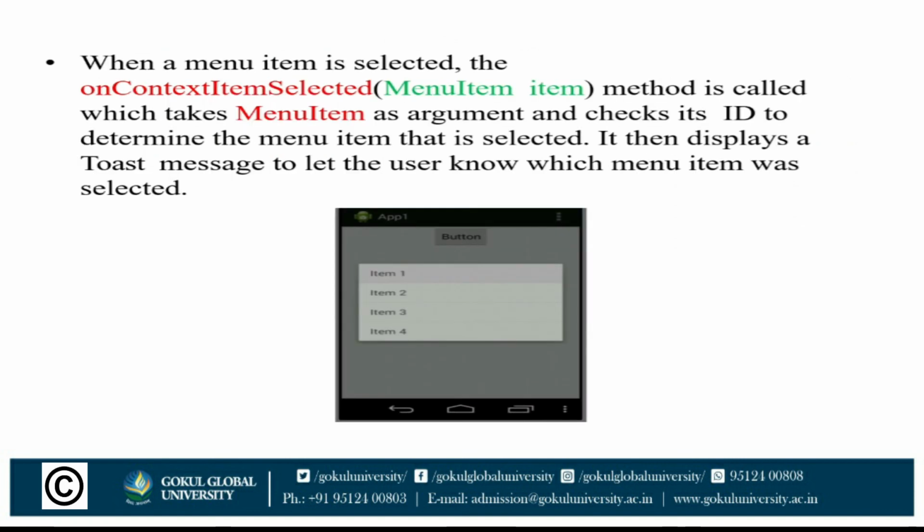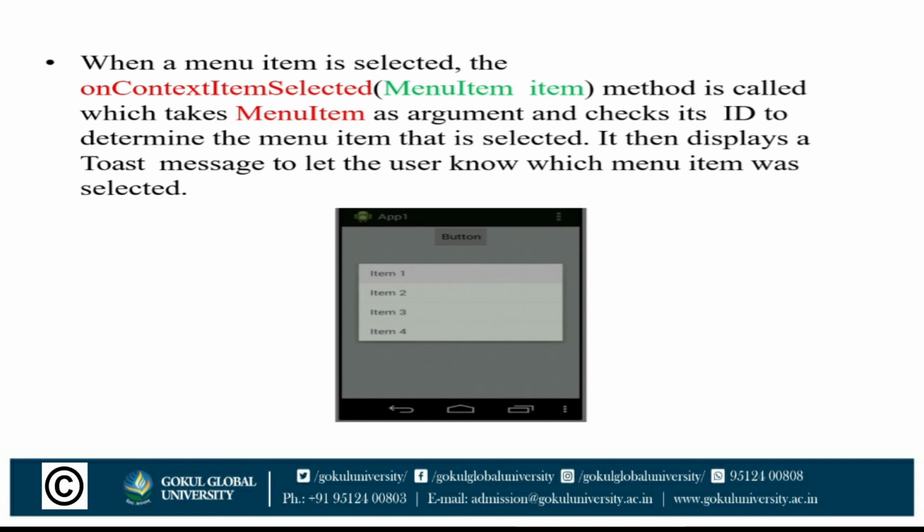In the preceding example, you call the setOnCreateContextMenuListener method of the button view to associate it with a context menu. When the user taps and holds the button view, the onCreateContextMenu method is called, which implements and displays the context menu as shown below.